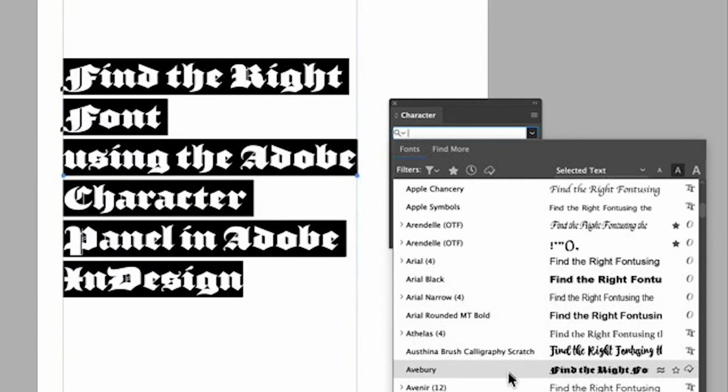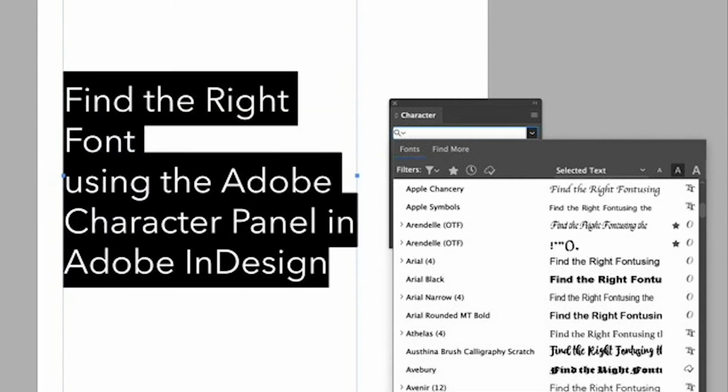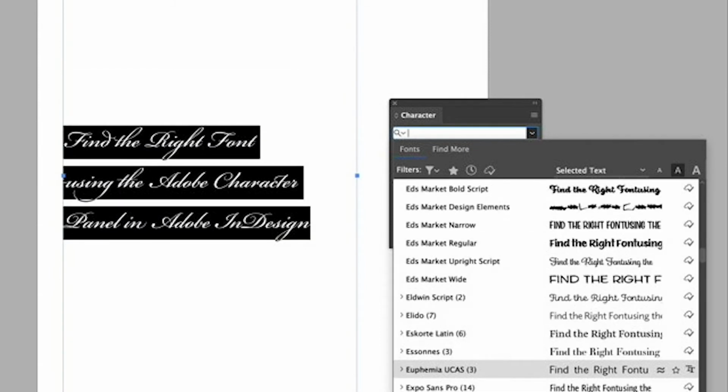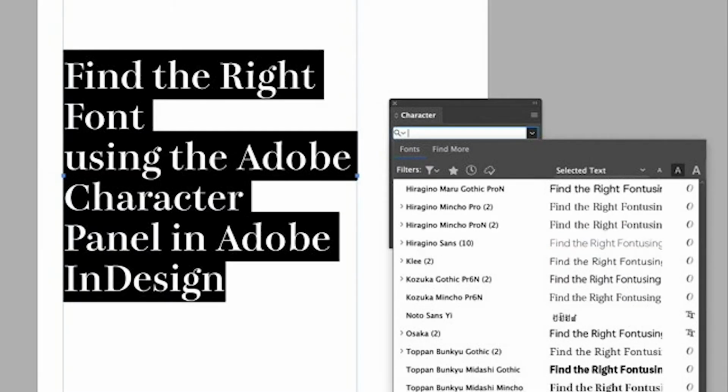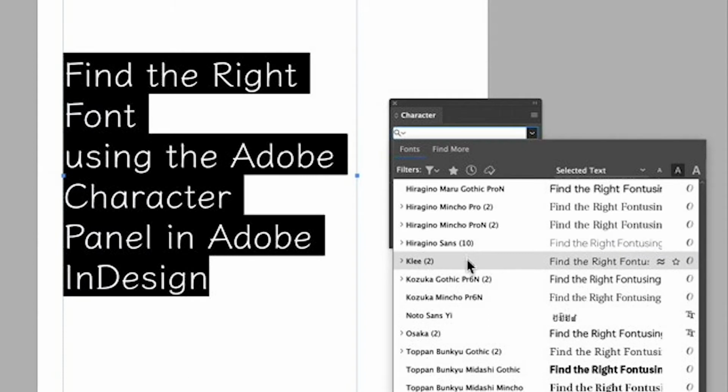Preview text is right next to Adobe Fonts, and this is where you're going to display any string of text next to the fonts while you're shopping through. Whatever you have selected in your text box will preview in the panel next to all the different fonts while you're shopping around. And this is really useful when you're handling a lot of different typefaces and you just want to see exactly what it is. A really quick way of filtering through.